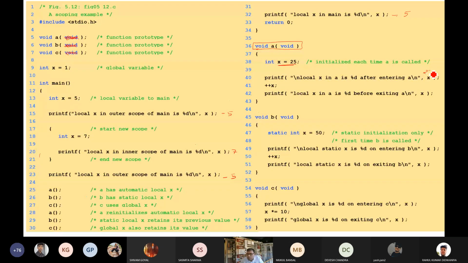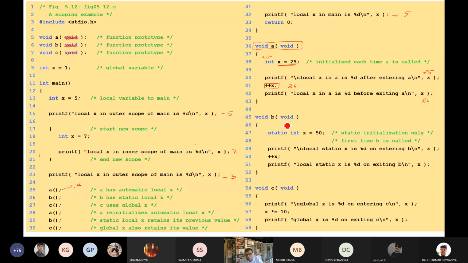This first will print 25, and because ++x is written, it will increment first, then print the value. So this will become 26. Function a will print 25 and 26. It is using the local value, and there is no keyword, so it is automatically the auto keyword.